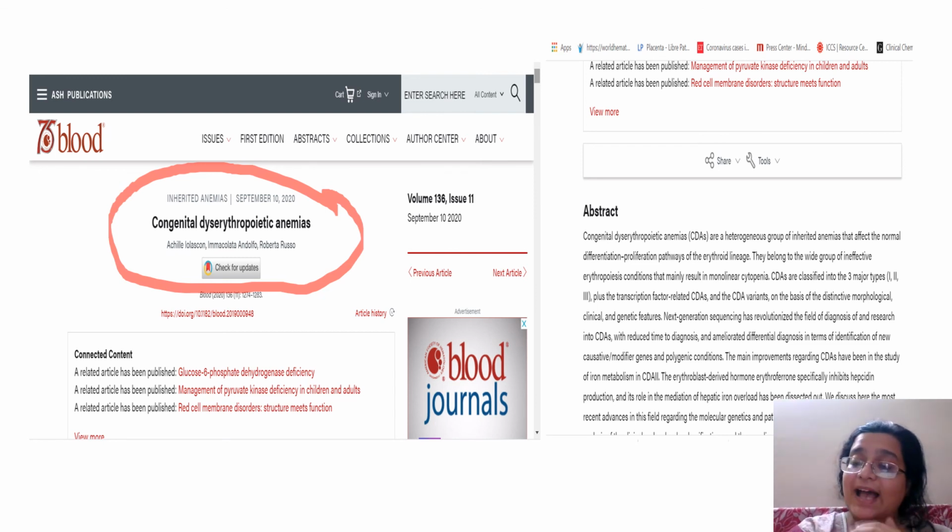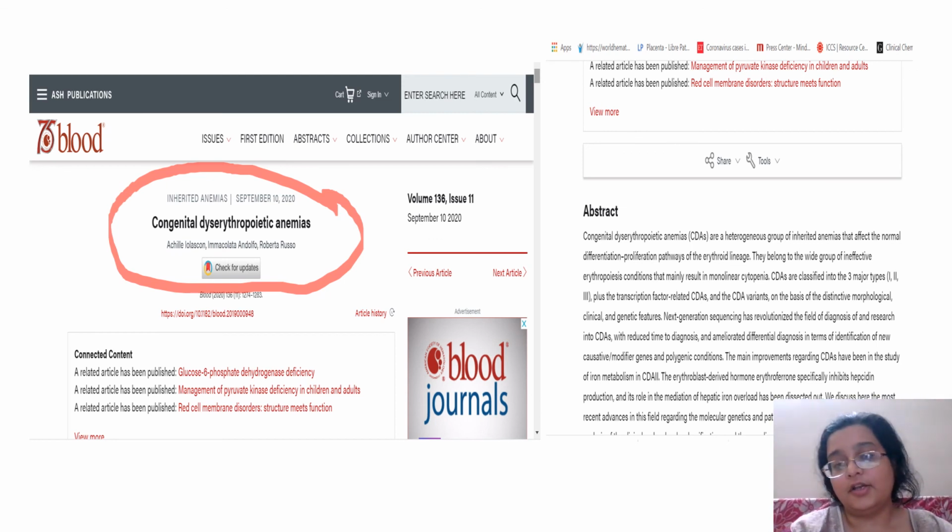In MDS, the iron is increased, so we look for iron in a slide of MDS. Normally in MDS, you look for micromegs. In CDA, you just have to look for megaloblastic features and dyspoiesis in the erythroid lineage, with other lineages normal. In megaloblastosis, all 3 lineages are affected, but you won't get micromegakaryocytes. What you'll get is a stag antler appearance of the megakaryocyte. So these are the 3 close differentials that you're going to come across in your routine practice, and that is why I took CDA.